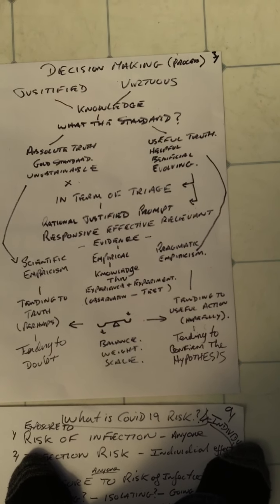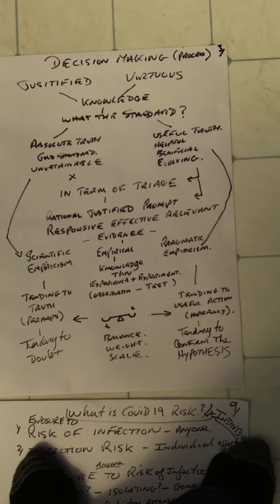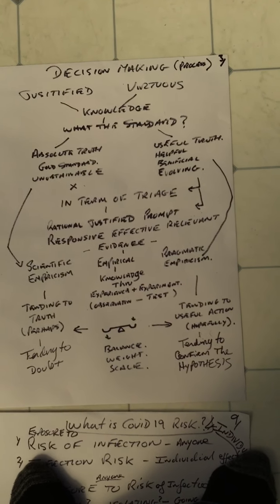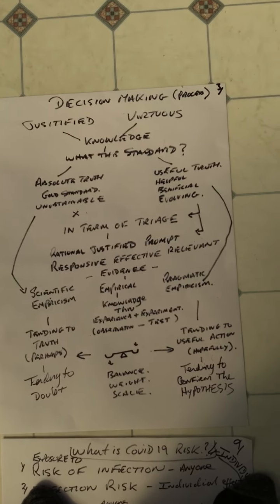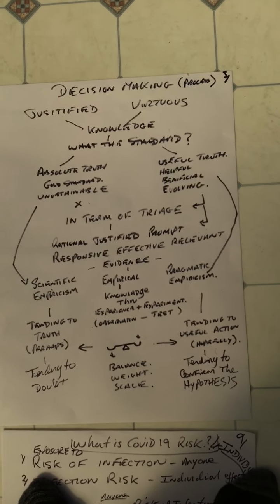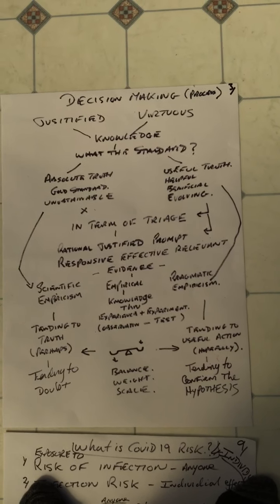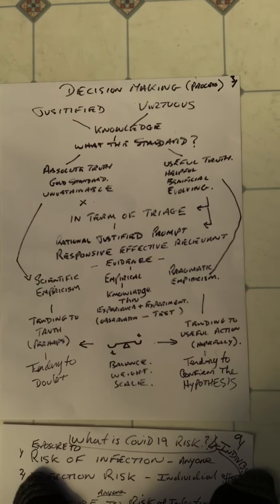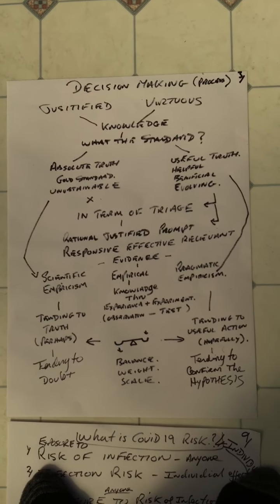We can make a scientific based decision, which tends to lead to truth perhaps, but it takes a long time, but it also tends to lead to doubt, because you're always saying, no, I never really know, because I always have to keep testing it. But the pragmatic decision, it kind of relies on what you know and your experience and skills, and plus also taking something